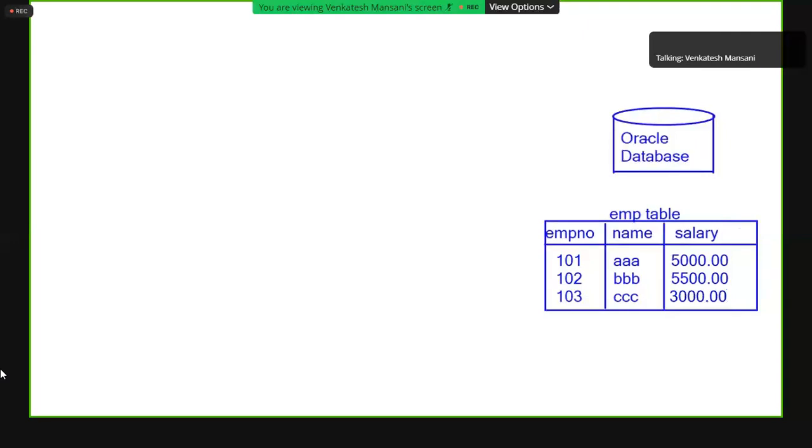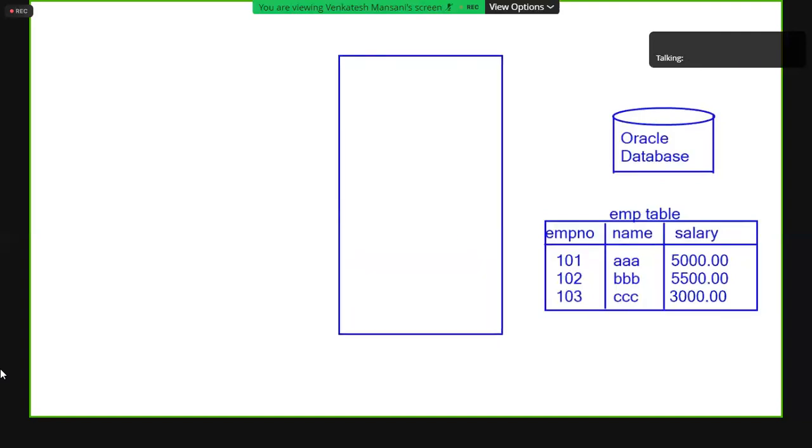Now this database, worldwide, any number of people can access at a time. That means distributed database management system, DDBMS. But how is it possible? Compulsorily we require a server. So one server we have to install. About server software we'll learn in the next topic. Once the server and database are connected,